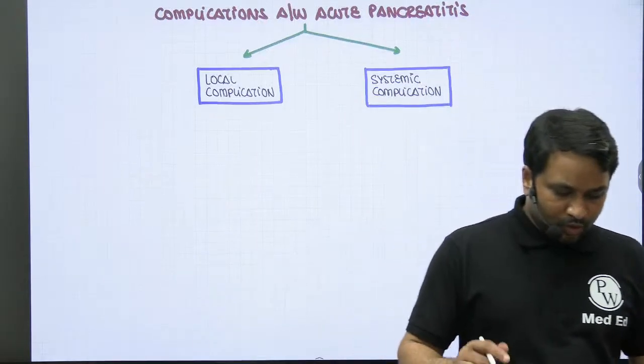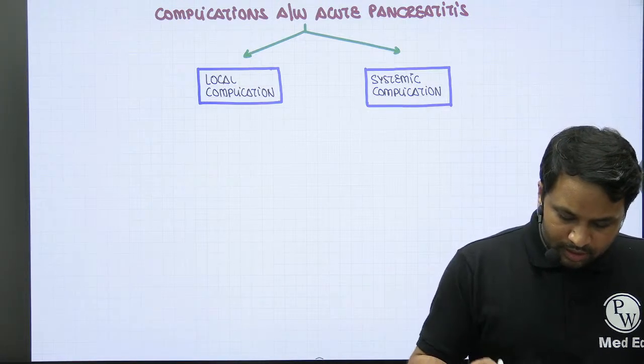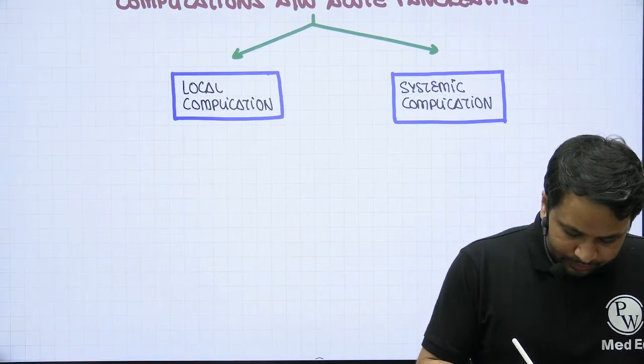Now, what are the local complications that you have? In the list of local complications, number one, acute peripancreatic fluid collection,